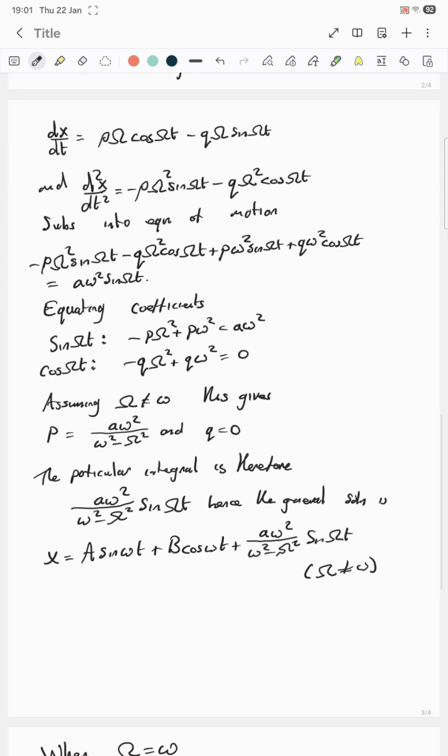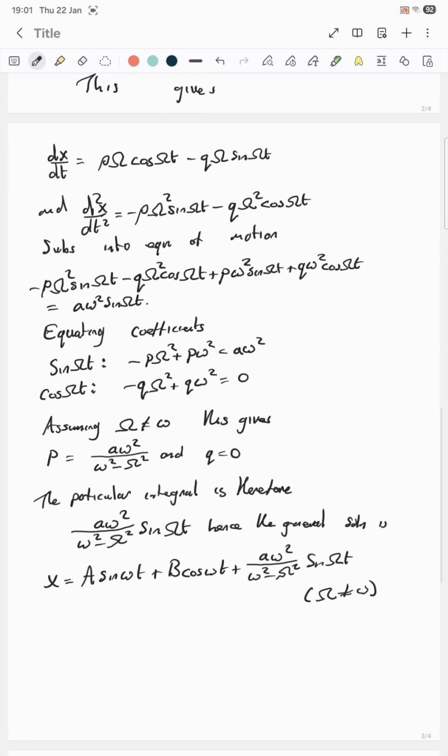Then this will give dx by dt equals p omega cosine omega t minus q omega sine omega t, and its derivative, the second derivative, is just minus p omega squared sine omega t minus q omega squared cosine omega t. Now we substitute into the equation of motion, we get this, and we're equating coefficients